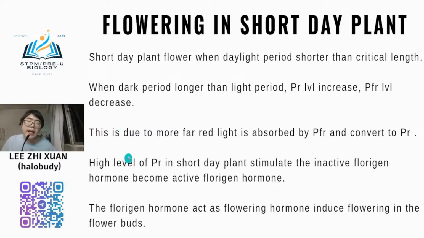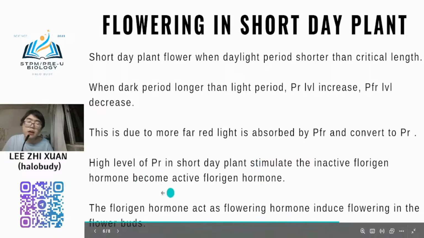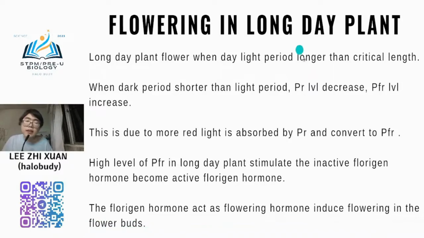So the high level of PR in short day plants will stimulate Florigen. Florigen is the key hormone, what we call the flowering hormone, to promote flowering. The Florigen hormone acts as a flowering hormone to induce flowering in short day plants. In long day plants, I already mentioned they only flower when the light period is longer than the critical length. Another way to say it is that when your dark period is shorter than the light period,